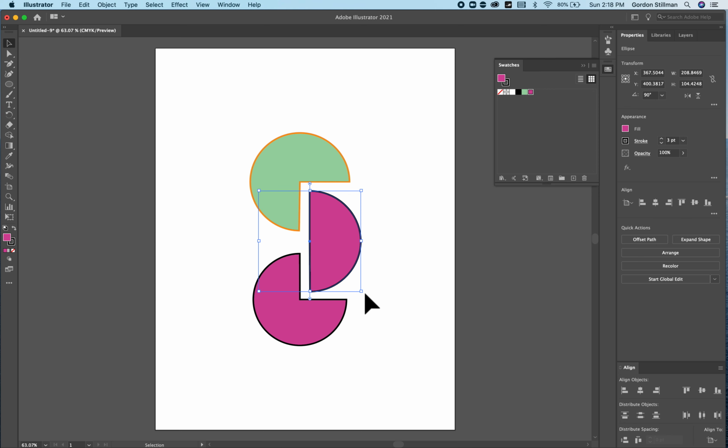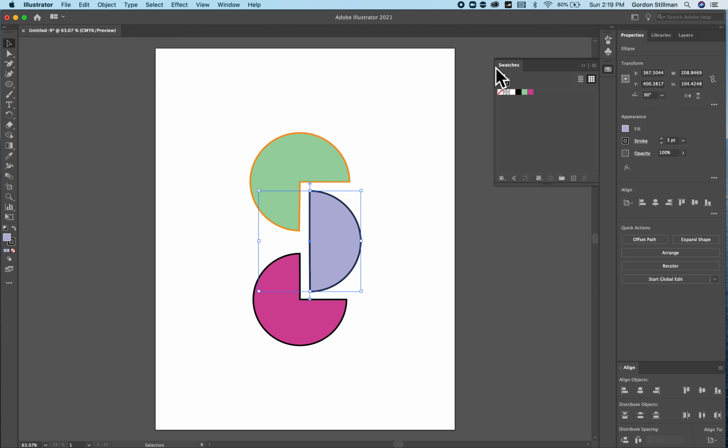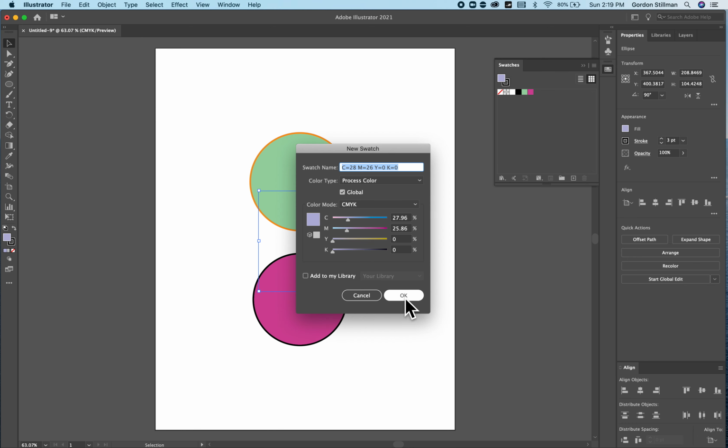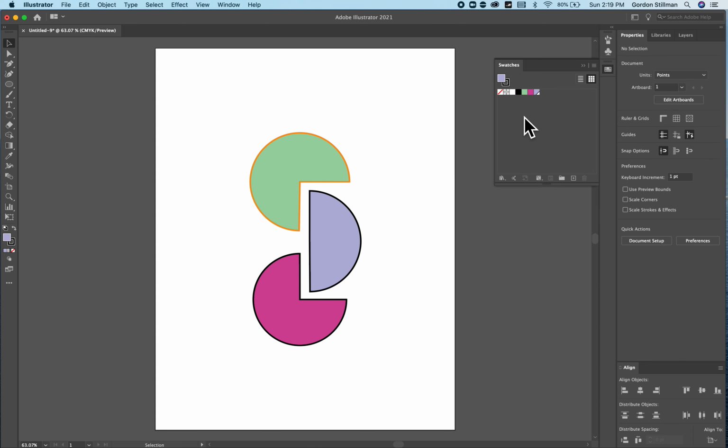Now I can do something similar on the left-hand side of my tool panel by coming here and double-clicking on that square there, choosing my color. Right, and then I have that there, and then it is actually still in the swatches here, so I can click and drag it, or I can press the little add symbol here, and then click OK, and then that will also give me that color. So that's one